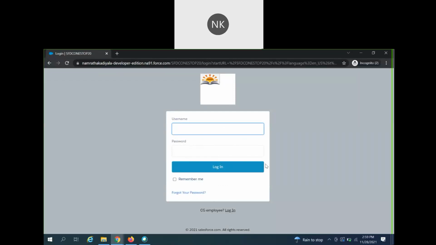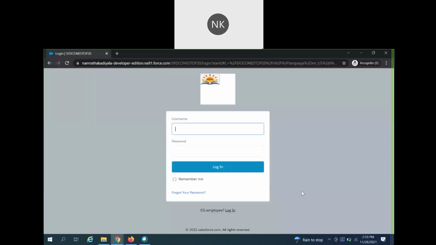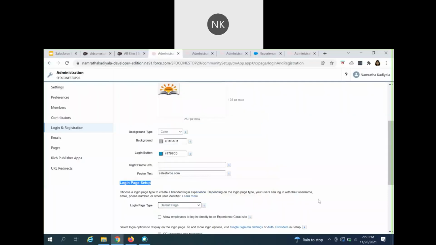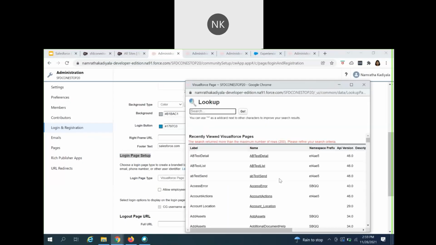In that case, what you can do is create your own Visualforce page and customize it. You should come to this login and registration, click on Visualforce page, look up the Visualforce page which is available in Salesforce, and select that Visualforce page.